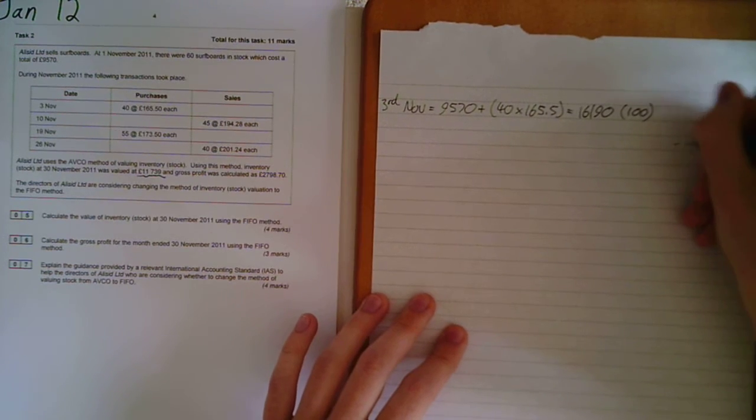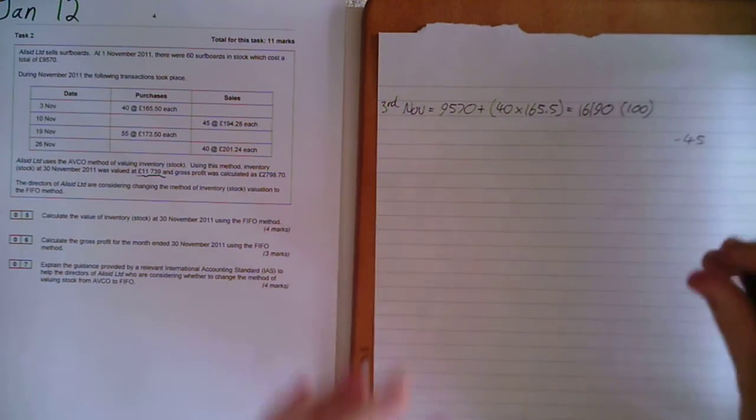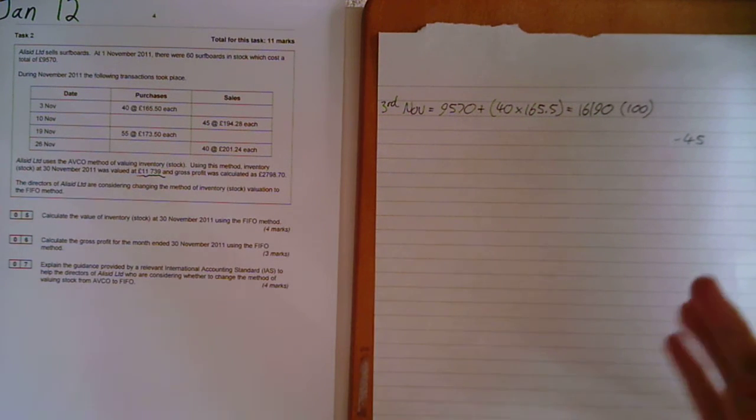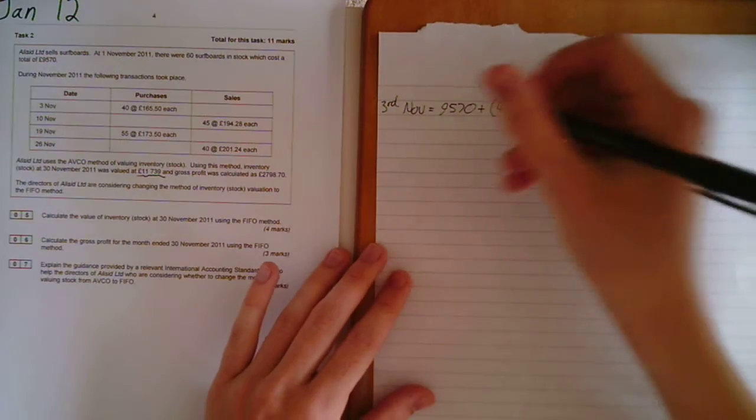So I'm just going to put in minus 45 there. There's loads of different ways and methods, but they all do the same. They all do it the same way. But AVCO and FIFO, there's so many different layouts you can use. I have my own personally. So on the 19th of November,